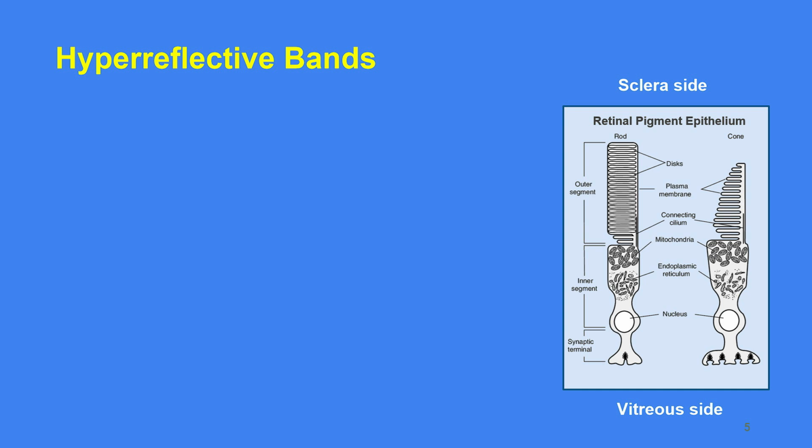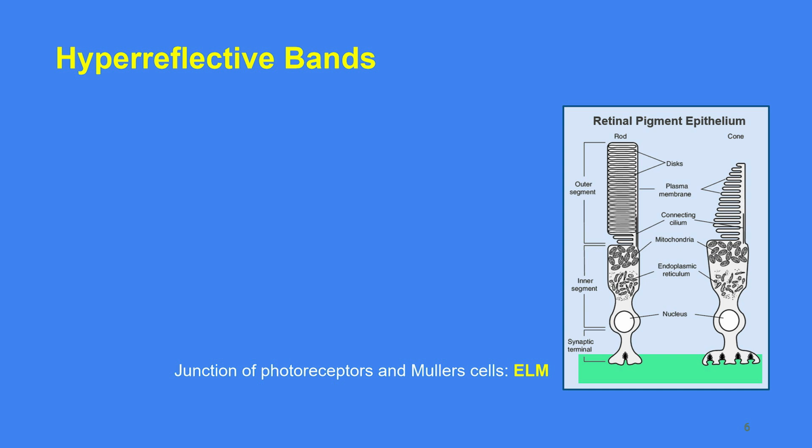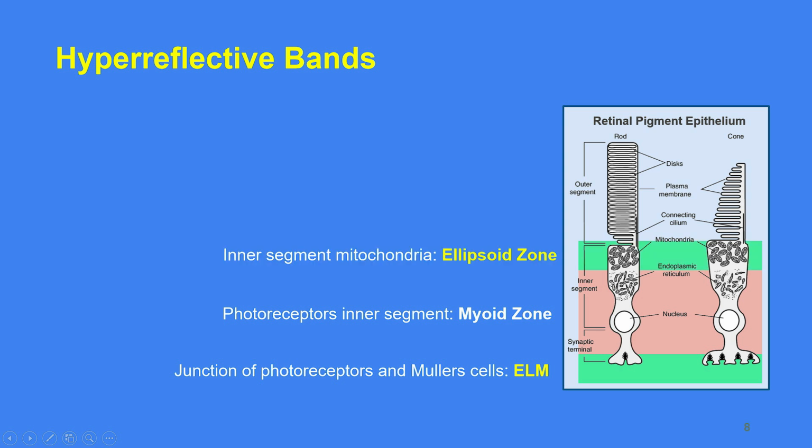We see rod and cone cell diagrams here with retinal pigment epithelium on the top side of the image. External limiting membrane is the junction between photoreceptors and Muller's cells. Thereafter, the inner segment of photoreceptors makes the myoid zone. Hyperreflective ellipsoid zone is the portion of inner segment of photoreceptors which is rich in mitochondria, giving it hyperreflective appearance